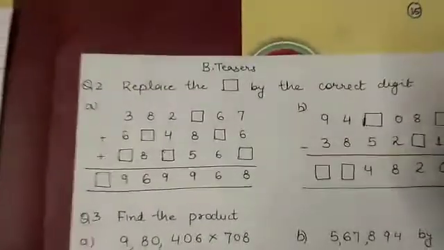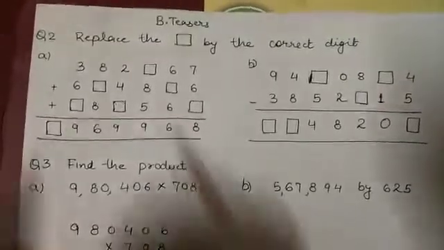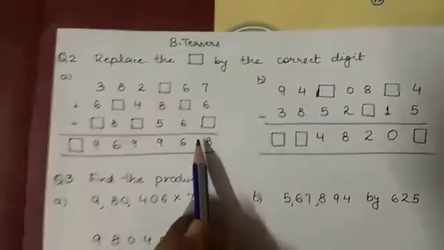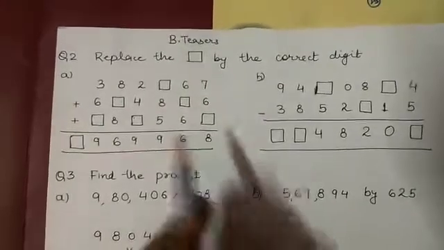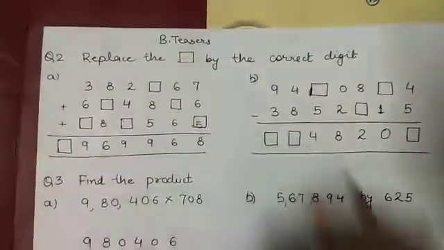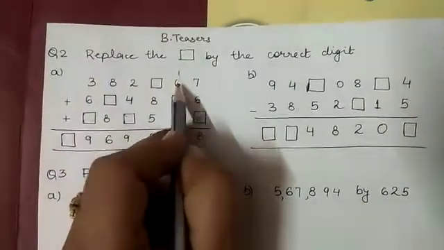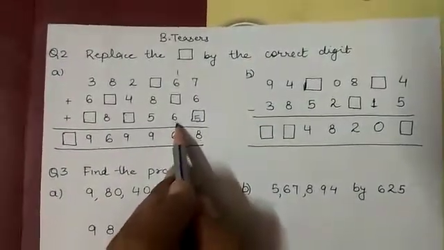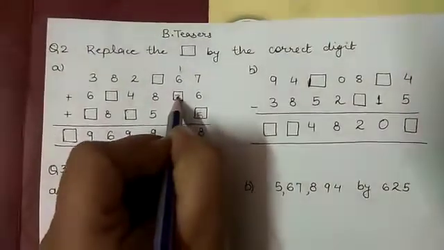Okay. Now our next question, replace the box by the correct digit. 7 plus 6 makes 13. What should be added to 13 to make it 18? It is 18 definitely, so the number should be 5. Now 13 and 5 became 18. 1 is a carry. 6 and 1, 7. 7 and 6, 13. Here it is 6, that is, it must be 16. So I should write 3 here.